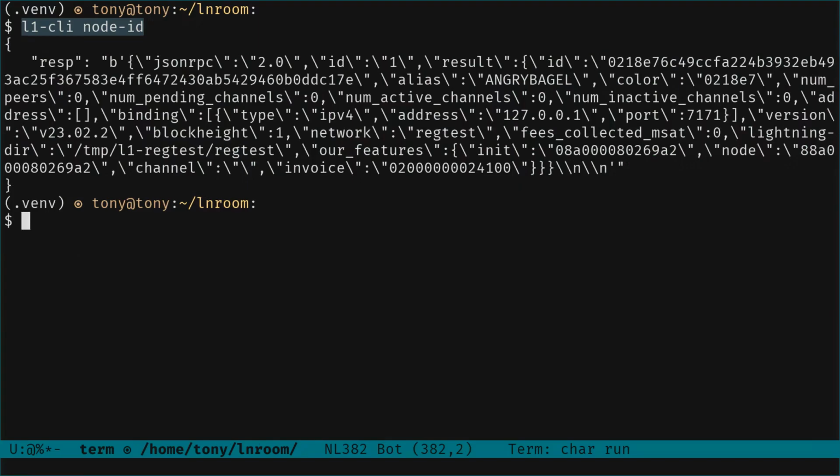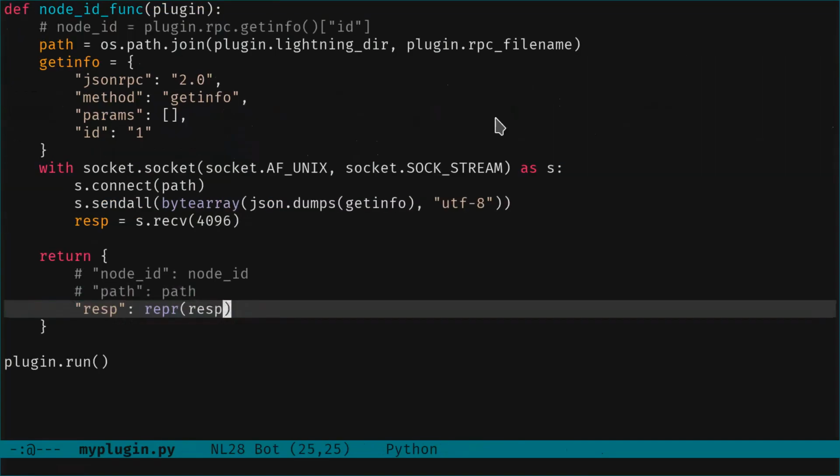So this is what we have. Here we have the response: the JSON-RPC field, the ID field, and we are interested in the result field that has the ID and other information, but we are interested in the ID. So here what we did,